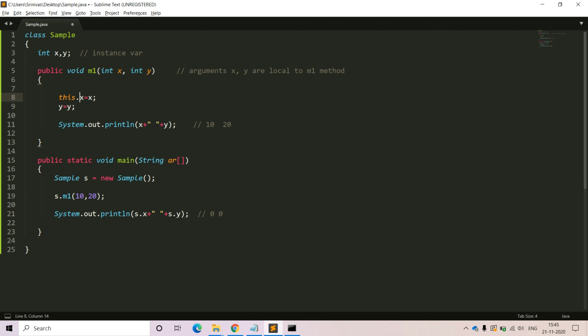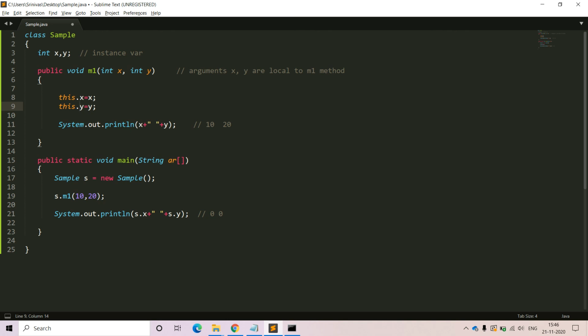This dot x indicates the current class instance variable x. It is not at all the local variable x. Within the current class instance variable x, we are storing the local variable value, normal x. That means 10 is passed to the normal x, that will be stored in the instance variable, as well as this dot y, the current class instance variable y. Within this we are storing the local variable value y.